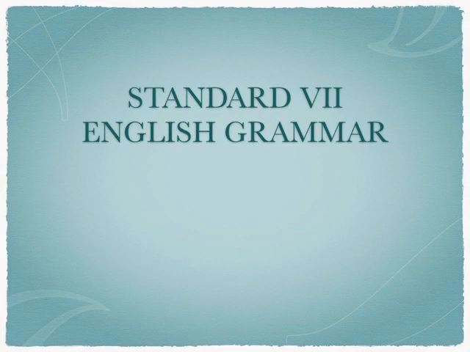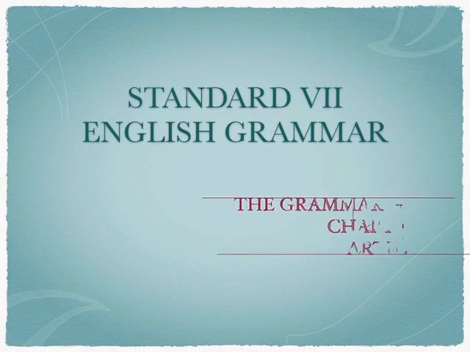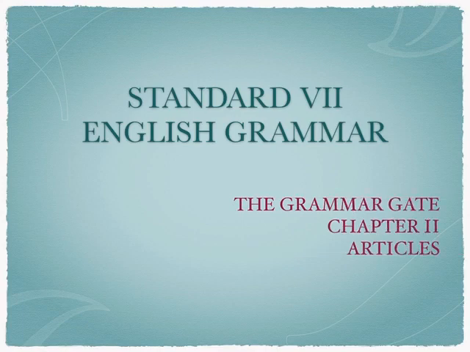Today I am going to teach you the second chapter, Articles, from Grammar Get. But before this chapter I would like to remind you that you have already completed the first chapter, that is Parts of Speech, from Grammar Get, and 2 units from Honeycomb. In Unit 1 you have completed the Lesson 3 questions and the poem The Squirrel. And in Unit 2, the lesson The Gift of Chapels and the poem The Rebel.